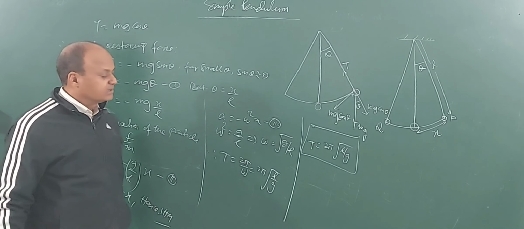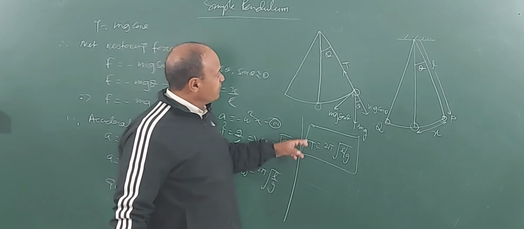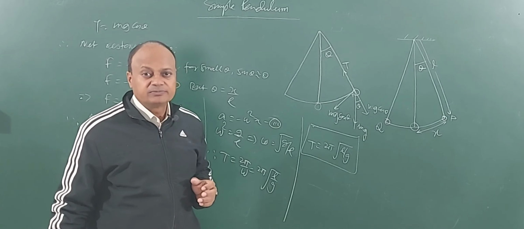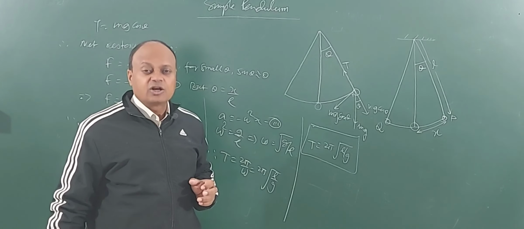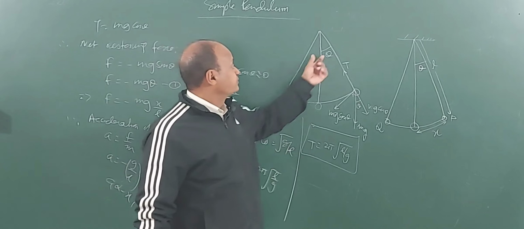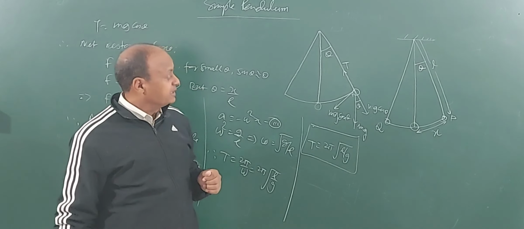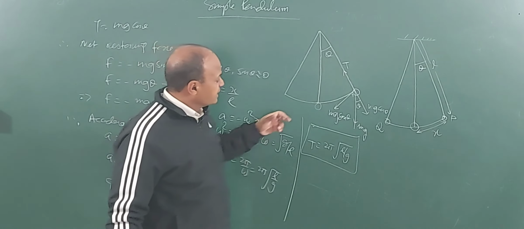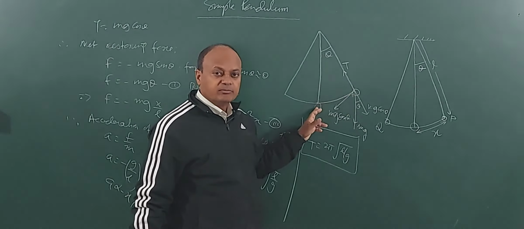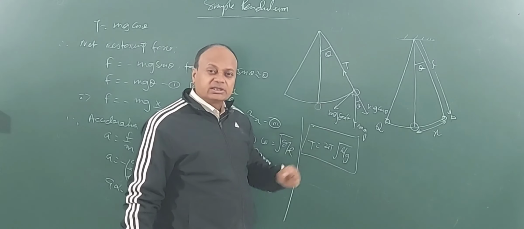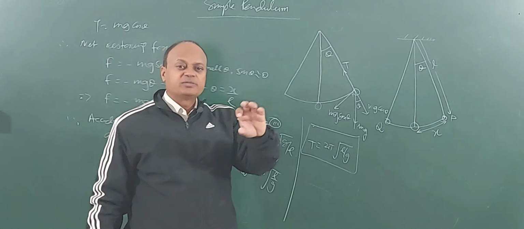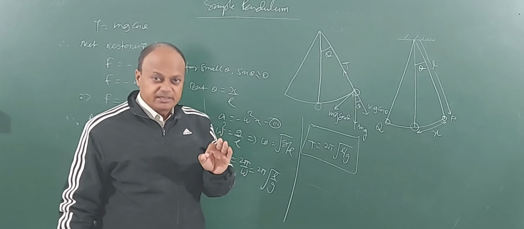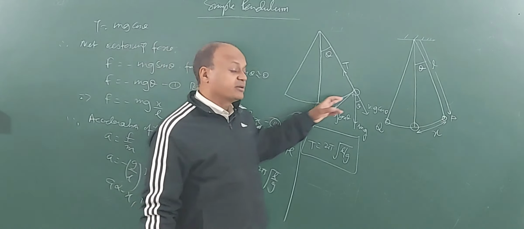You find here very interesting aspects. The time period is not depending upon the value of theta, but this is possible only when theta is small, right? It's called the law of isochronism, that time period is independent of the angular displacement. Time period is also independent of the mass of the bob. So they can ask a question, what will happen if a solid bob is replaced by a spherical bob? In fact, there will be no change in the time period, because time period is not depending upon mass.